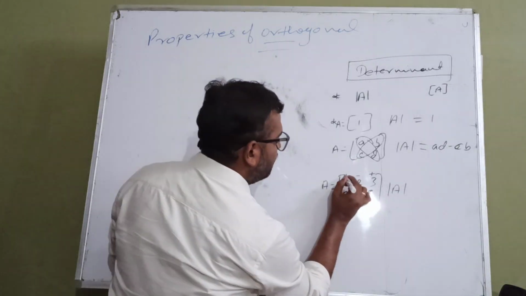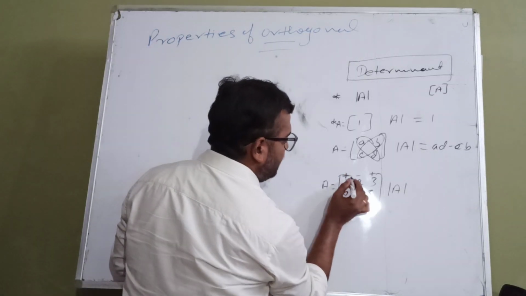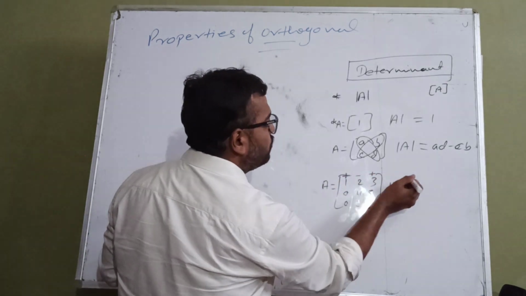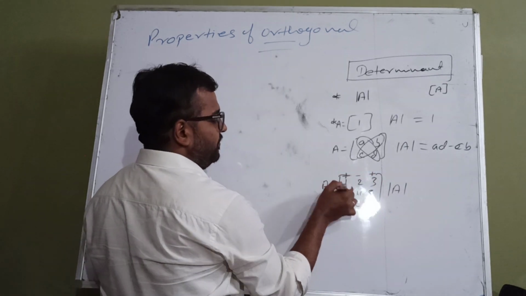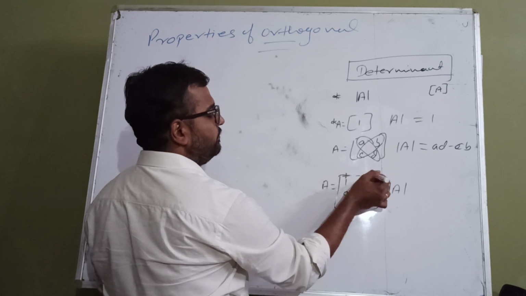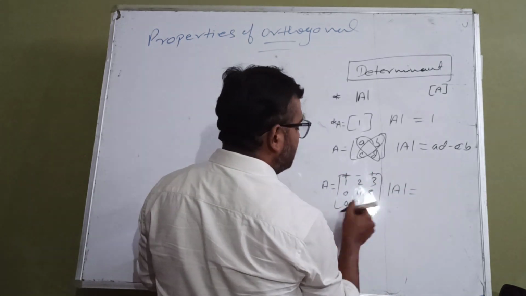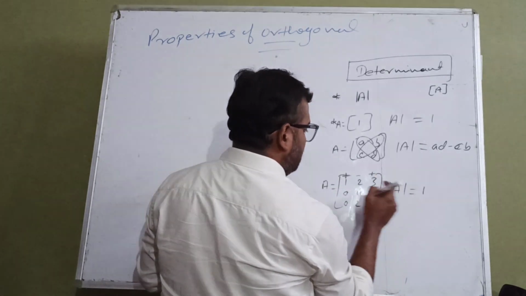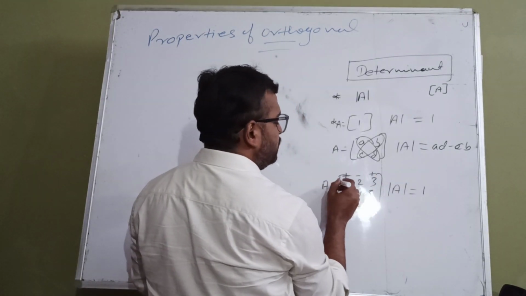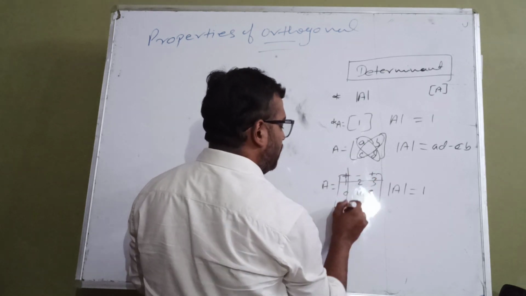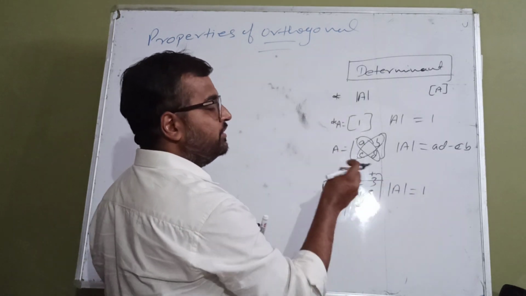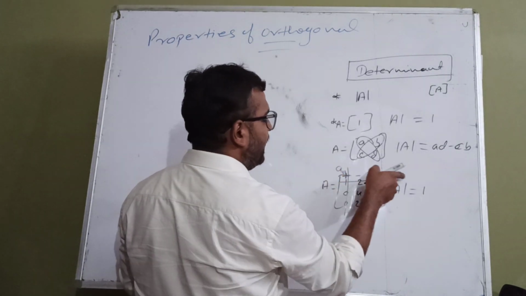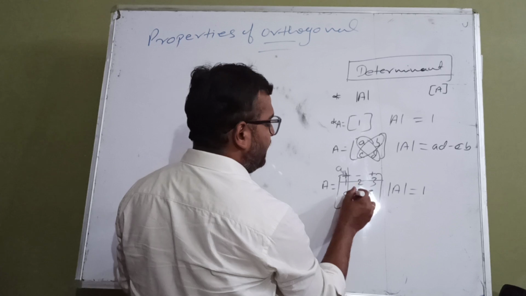First we have to know only here that while expanding the determinant, we are expanding through the first row. So the first element sign is positive, second negative, and third positive. How to find the determinant? Suppose we are expanding through this first row. Whatever element you are taking, you have to delete that row and that column. At position A11, delete that row and delete that column.